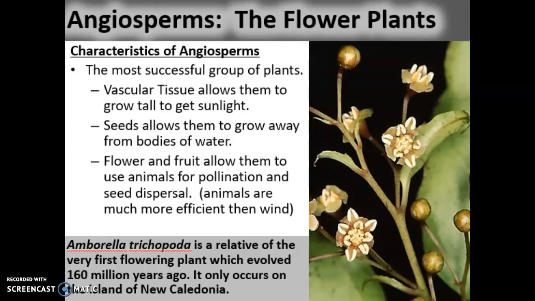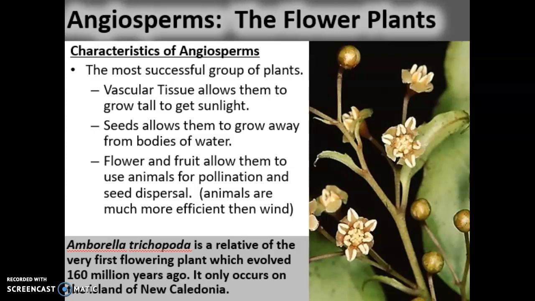For example, the ferns were the first to have vascular tissue, which helped ferns grow taller than the mosses. Vascular tissue was a useful adaptation, passed on from the ferns to the gymnosperms and finally the angiosperms. The gymnosperms were the first to reproduce with seeds, which again was a useful adaptation because no longer did sperm cells have to swim to the egg cells using water that was in the environment. Now we could put the sperm cells inside pollen grains and send them through the air, either by wind or